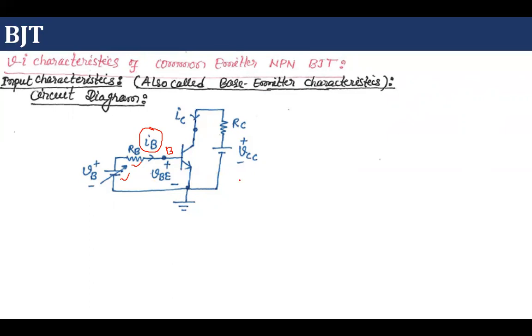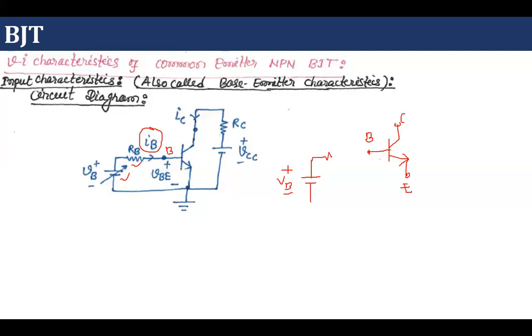Before going through the characteristic, let's learn how to draw this circuit. So we have a bipolar junction transistor. This is the base terminal. This is the collector terminal, and this is the emitter terminal. So first of all, we are going to apply voltage from the input side, and I will mark this voltage as VB,